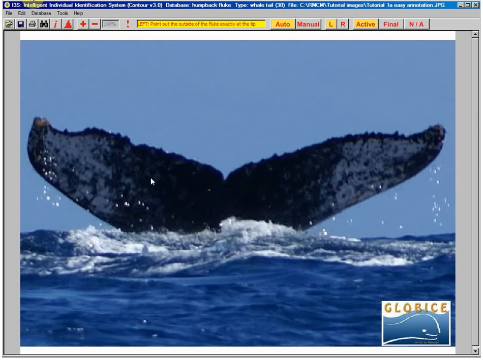Annotation starts with the left fluke, or the left part, to the middle, and then from the right fluke tip to the middle. Also indicated here by the yellow background of the L. Start by clicking on the tip of the left fluke with your left mouse button